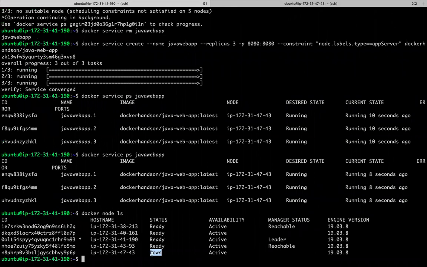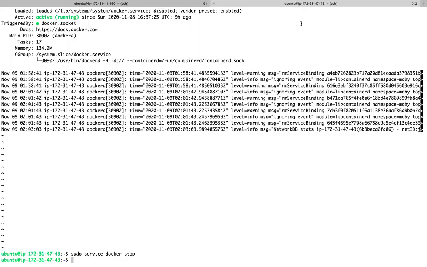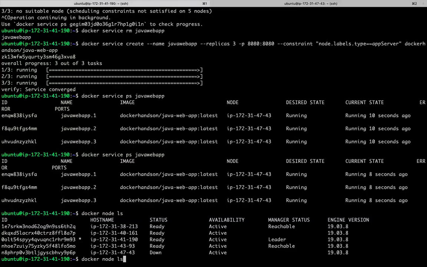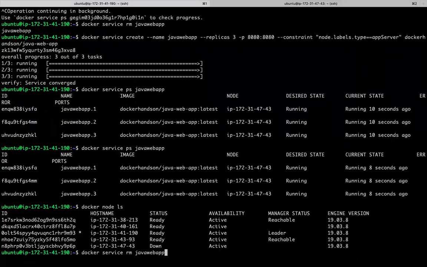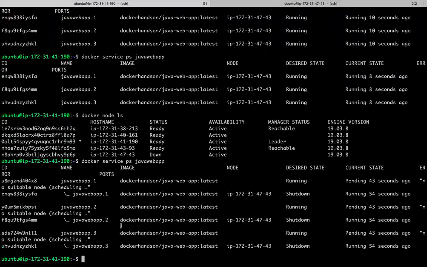Now, status. If you see, this is down. Why is it down? The master machine is not able to reach that machine because the Docker service is down. The Docker port is not up and running. Docker service is down. Docker daemon is down. Now, I have one service. Now, if you see,